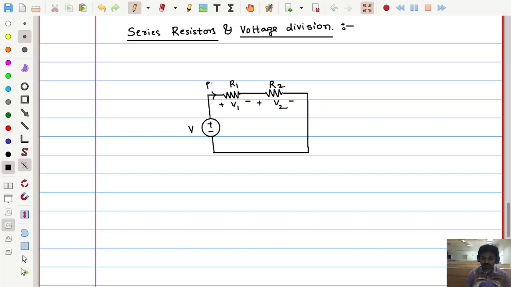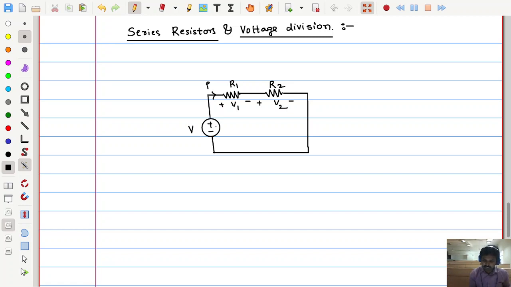That is one primary step which we frequently take up in circuit analysis. And one more consequence of series connected elements is that when elements are connected in series across a voltage of V, that voltage is going to be divided in proportion to the resistor values. So that is what the voltage division rule is. Let us see these concepts in this section.